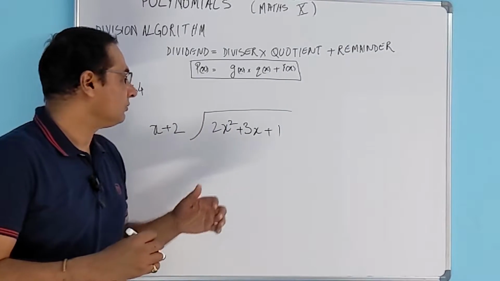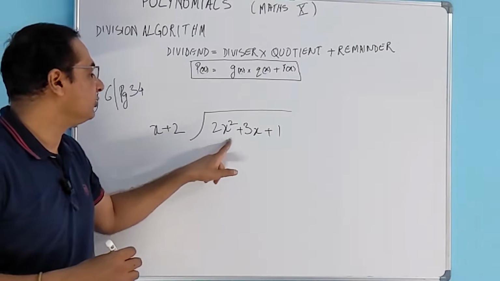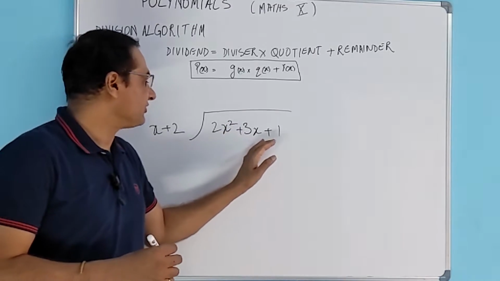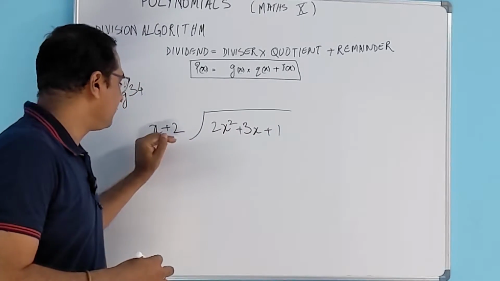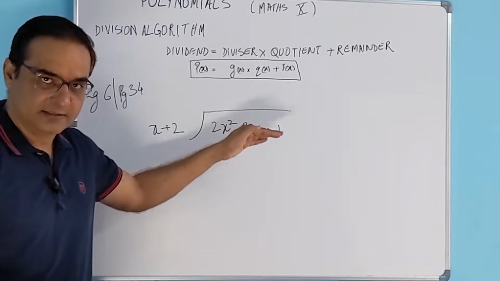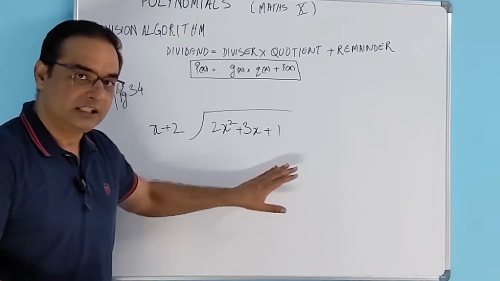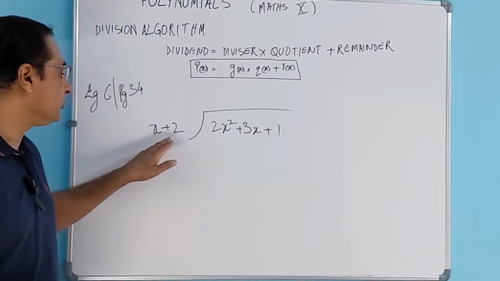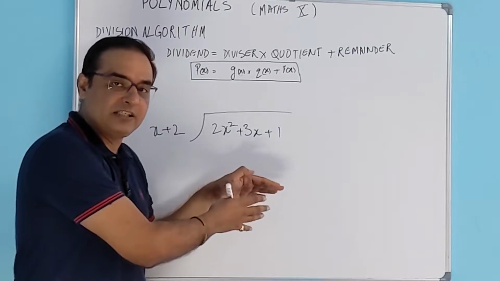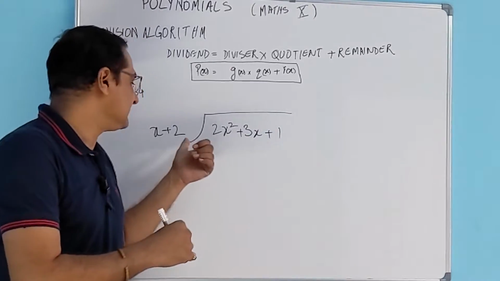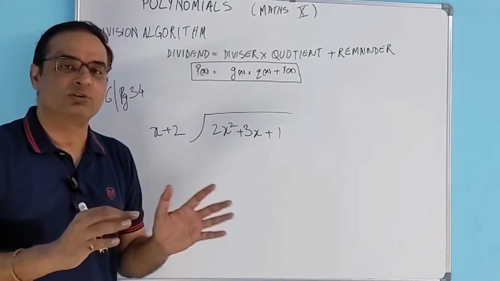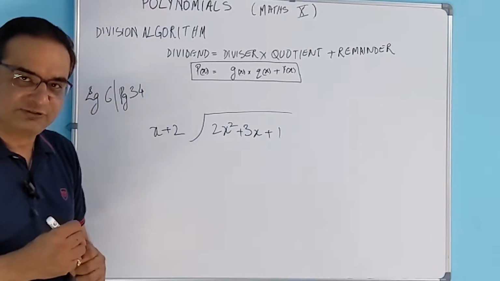Now first of all we need to eliminate the first term of the dividend. One more thing which we need to understand is we can divide this polynomial by the divisor as long as the remaining term has degree equal to or greater than the divisor. We write a term and then subtract, till that time we can divide it. Once we get the remainder which has degree less than the divisor, we cannot divide any further, and whatever is left out of it is known as remainder. Let's look at how we go about the division of the polynomials.